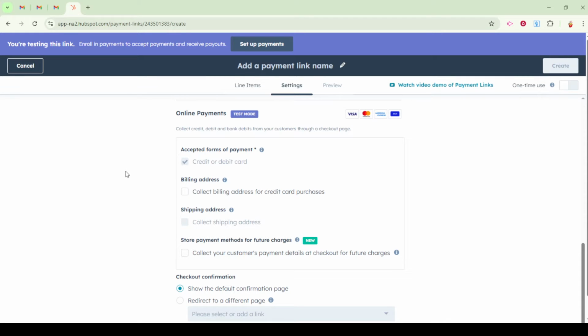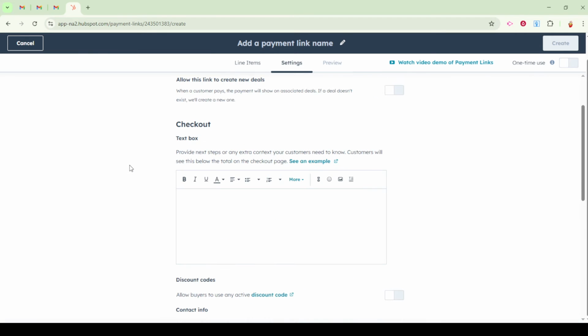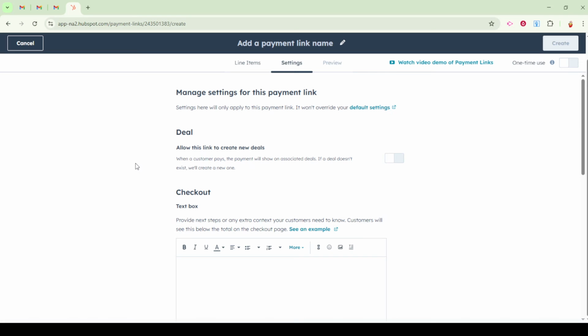Upon saving, you'll have several options for sharing this payment link. You can send it directly to customers via email, post it on social media platforms, or even embed it on your website. Don't forget to track the performance of your payment links back in the Commerce section of HubSpot, giving you valuable insights on how well they're working. And there you have it. By following these steps, you can efficiently create and manage payment links in HubSpot,